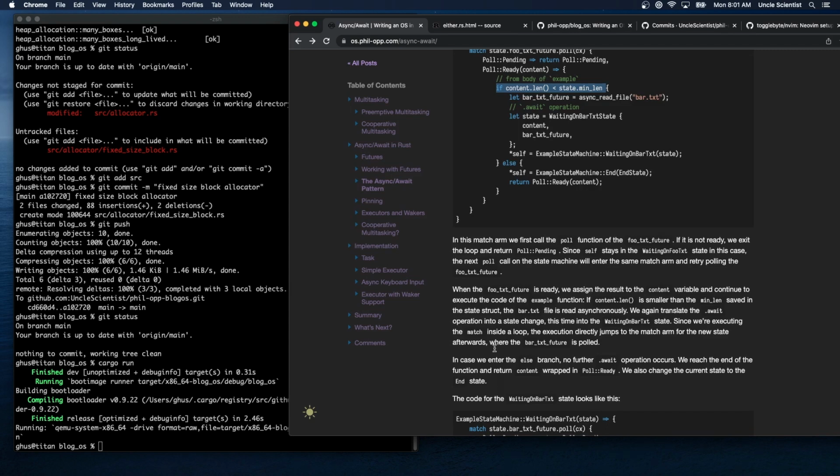We again translate the await operation into a state change, this time into the WaitingOnBarTxt state. Since we're executing the match inside a loop, the execution directly jumps to the match arm for the new state afterwards, where the bar_text future is polled. In case we enter the else branch,